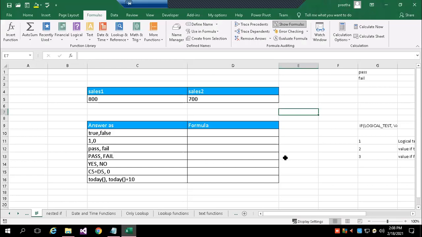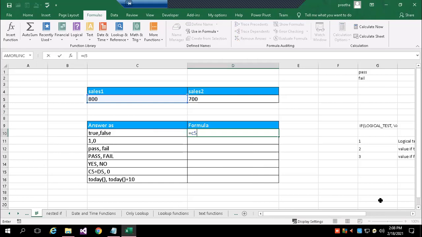If you see the very basic thing, here I have values in 2 cells. Here I compare C5 greater than D5. One cell contains 800, another cell is 700.